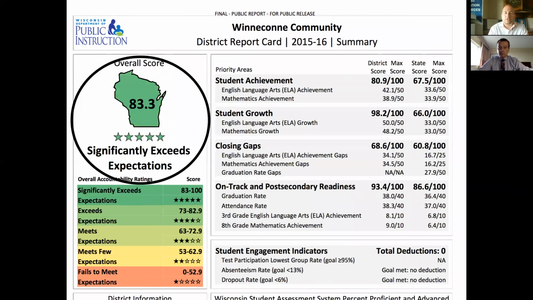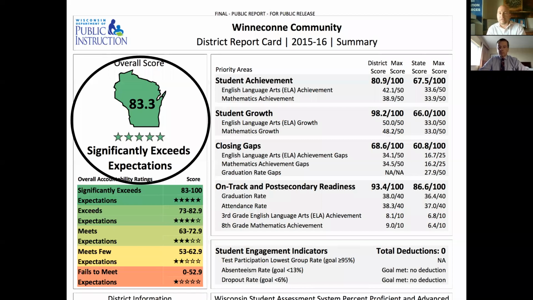The thing that I also want to highlight is it's not only the score on the left, but if you see on the screen, there's a part that says student growth. So it goes student achievement and student growth. That's where our focus was. That's where we really looked at this process of how our students were performing and how our assessment practices were taking place to say, are we growing kids? And so when you look at that score of 98.2, that's what we were the most proud of, which means no matter where they came to us, whatever level they came, whether they were below level, on level, or above level, we were growing them. And that's really what this system is designed to do.